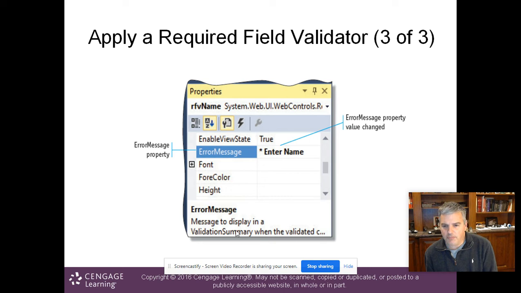All right, so this is an example of adding our required field validator. Our field validators are just objects that we're going to drag into somewhere on the form. You give it a naming convention. The naming convention for the required field validators is RFV, for required field validator, and then the name. So it's RFV name, and then you associate that required field validator with a text box object, and